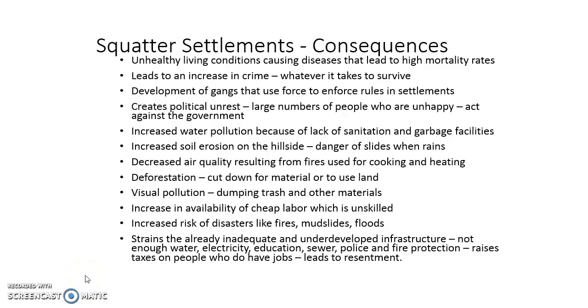And finally, for the government, one of the biggest issues is that it strains the already inadequate and underdeveloped infrastructure, because there just isn't enough water, not enough electricity, not enough education services. There aren't enough sewage systems, police and